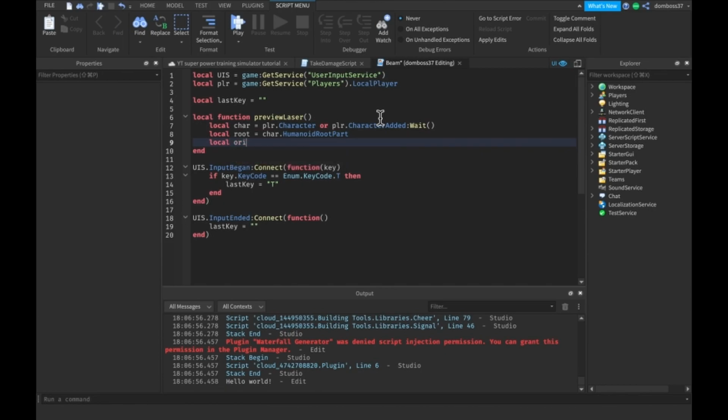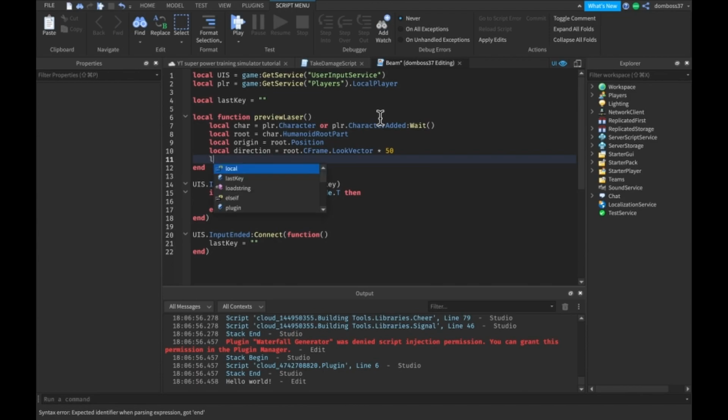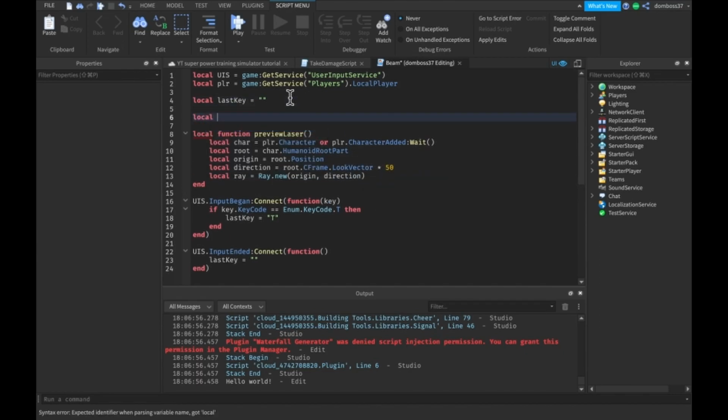And then we'll do local origin is equal to root.Position, and local direction is equal to root.CFrame.LookVector, and we'll multiply that by 50. Then we'll just do our local ray is equal to Ray.new(origin, direction). Alright, so then up here what we're going to do is our local, or actually what we can do already,